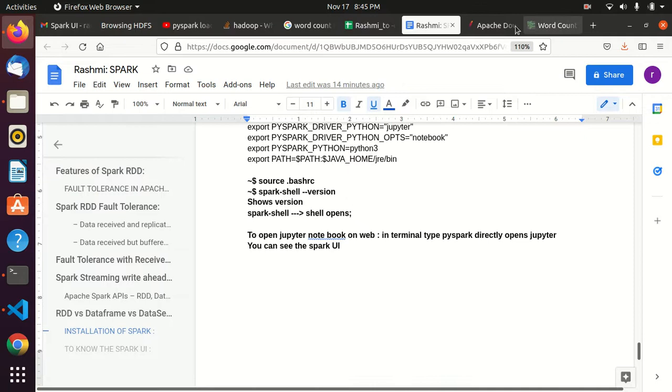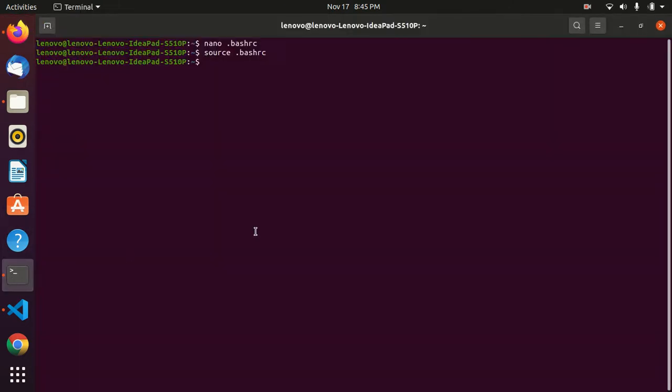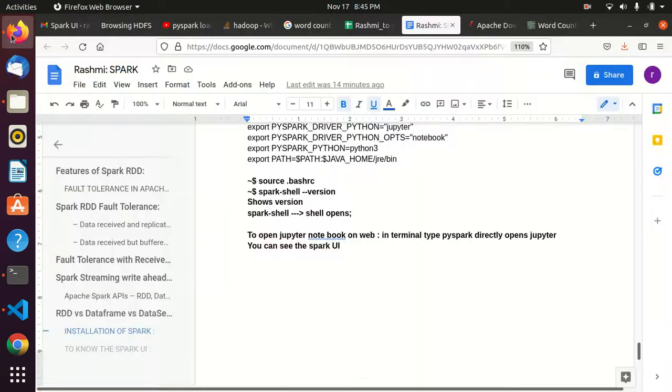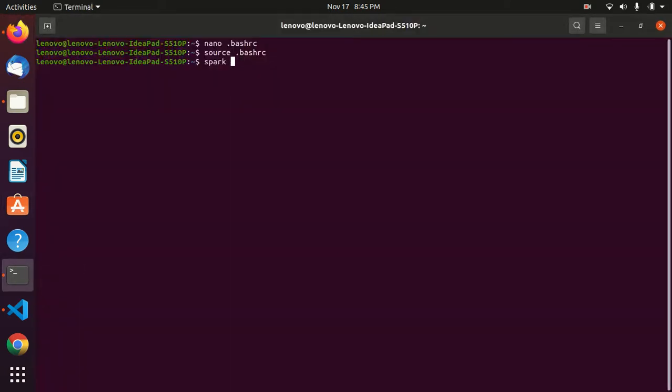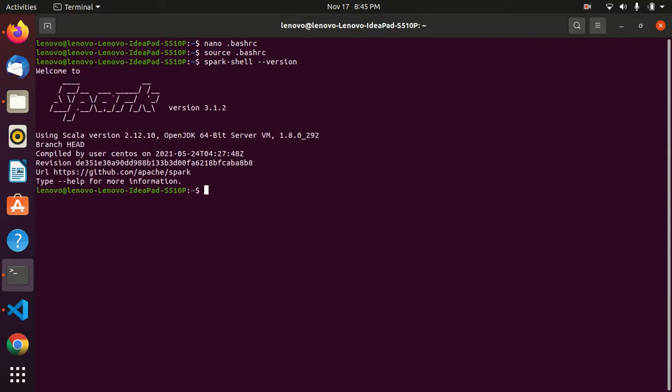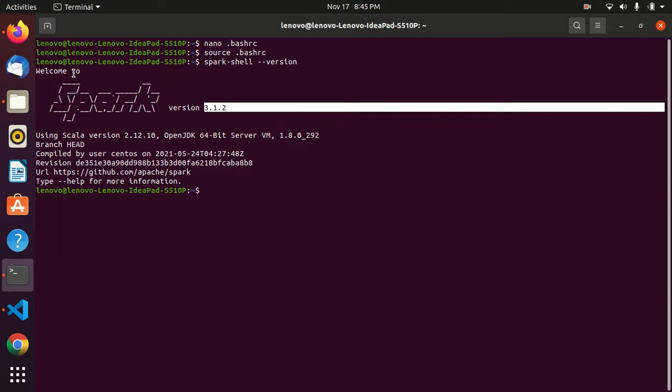And after that, if we type spark-shell --version, see, our version is displayed here. It is 3.1.2, so our Spark is good.